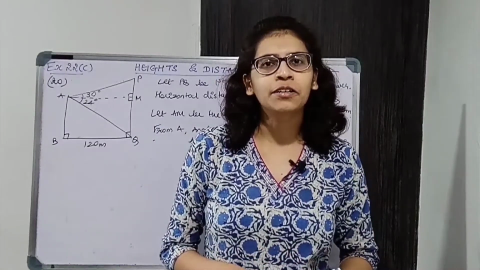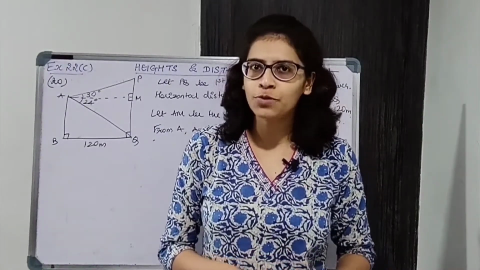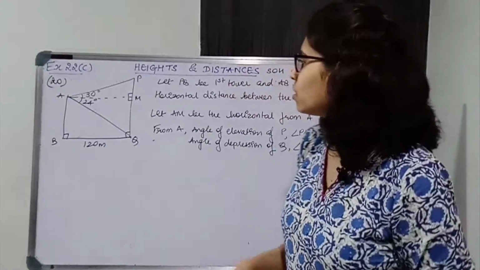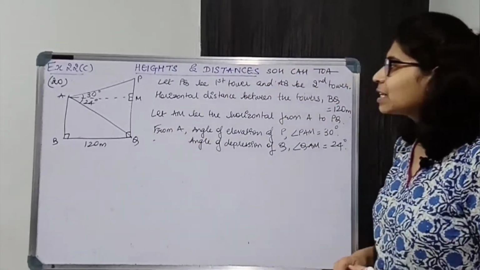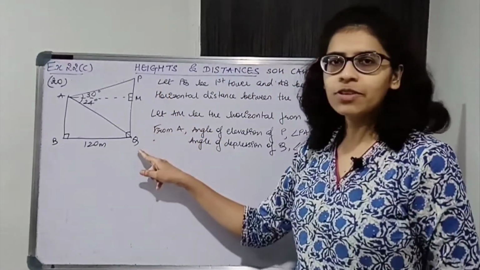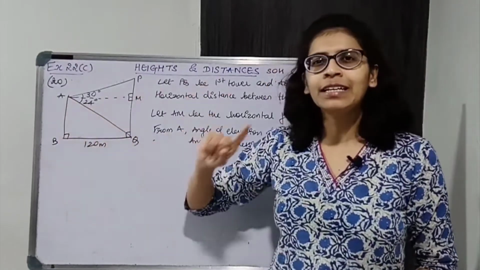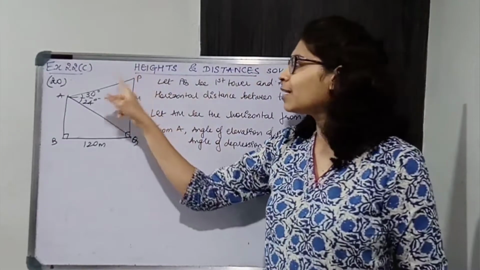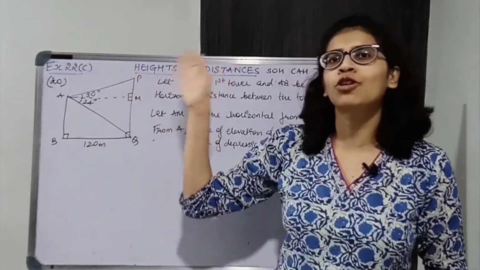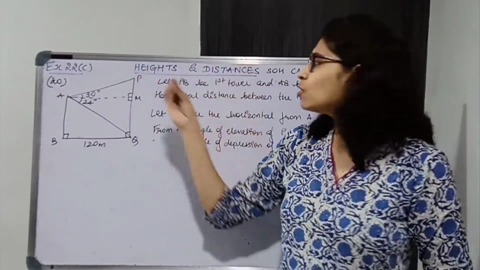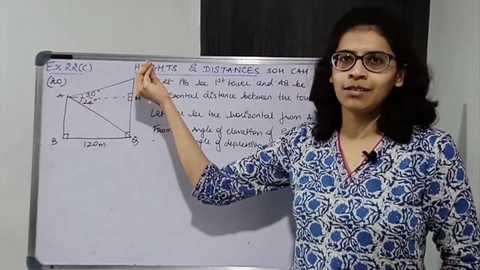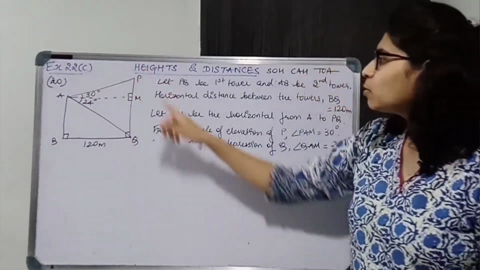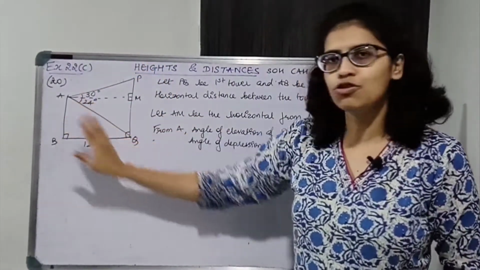Draw a proper diagram and according to that we'll write down few statements. So the figure will be somewhat like this. Now PQ is the first tower and AB is the second tower. Second tower is shorter and first tower is taller, क्योंकि first tower के top का angle of elevation दिया है from the top of the other tower. So जिसका elevation दिया है that is at a higher level. ठीक है. So PQ is taller and this one is shorter.